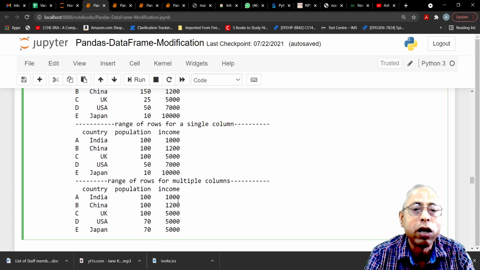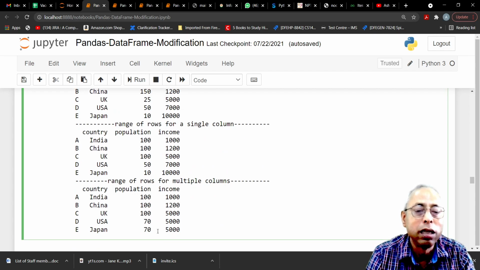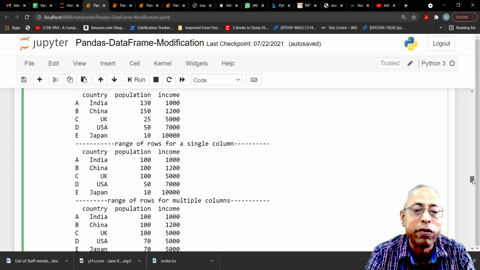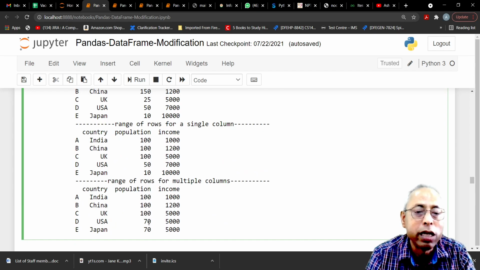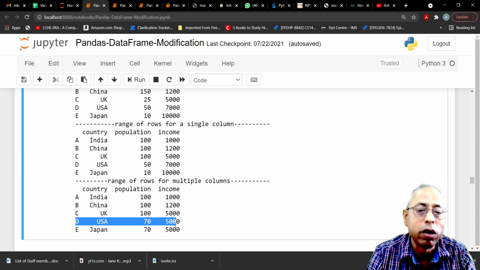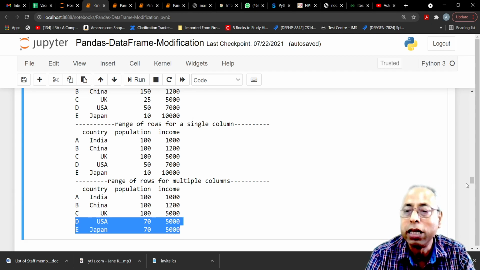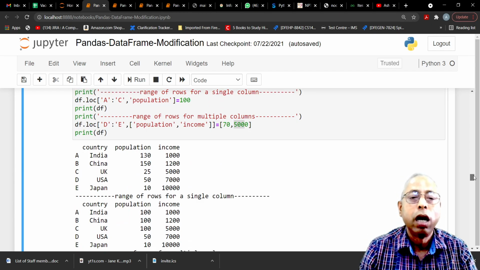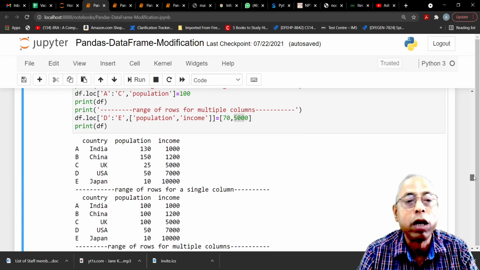See, and we got the result here, the result for D to E. Population is 70 and income is 5,000 for both these rows D to E. This is also a way of changing the values of more than one row and more than one column.